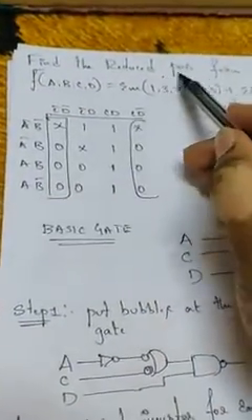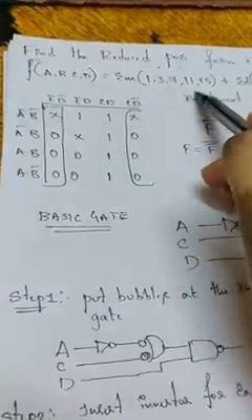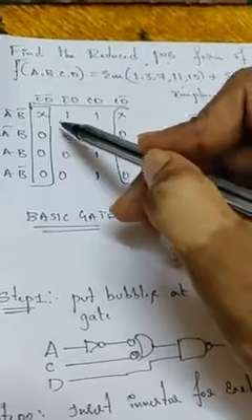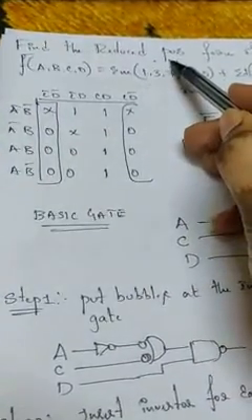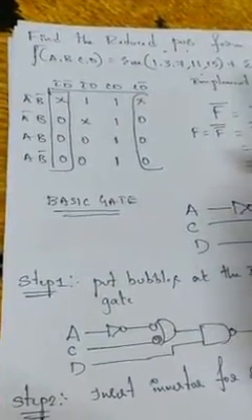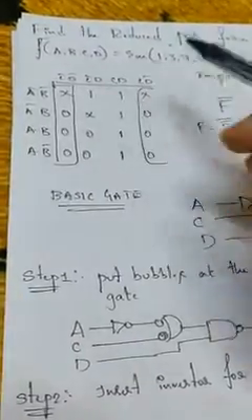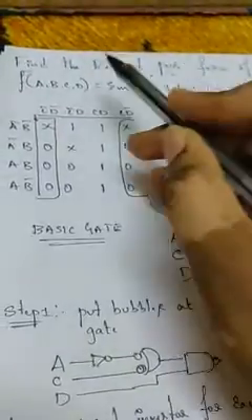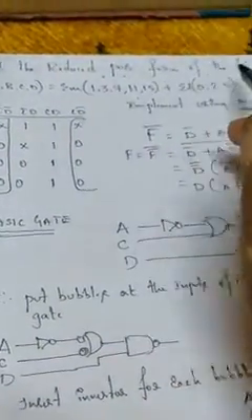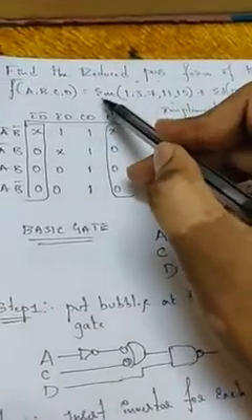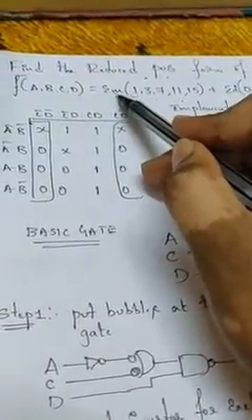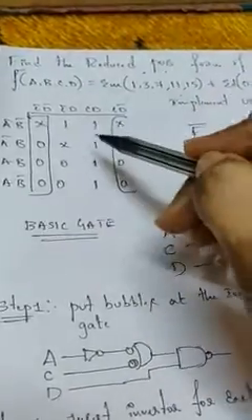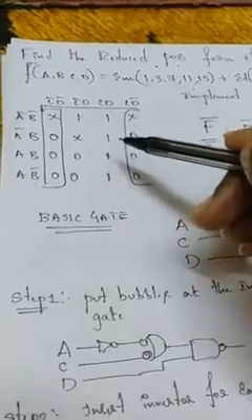Okay, so we are concentrating on grouping zeros. Why? We need a reduced POS form. Even though they gave the SOP expression, even though we have filled this SOP expression with ones, we need to group zeros because we need POS expression. We don't want SOP. If they ask for SOP, then group ones, not zeros. Suppose, in case, let me take another: find the reduced SOP form for the following expression. If they give the expression as pi of m rather than summation of small m, these will be the maxterms. Fill those maxterms with zeros and group ones, not zeros.